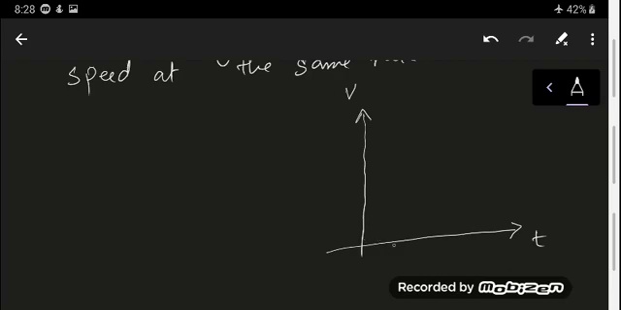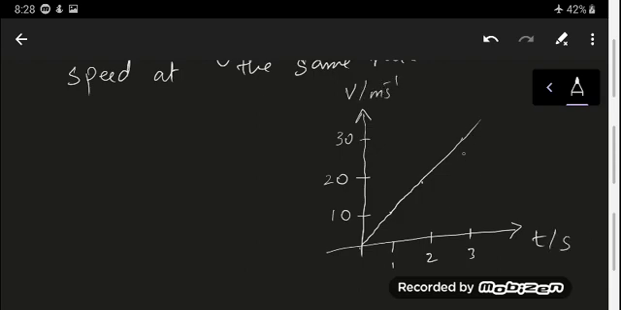Because you see, at time t is equal to 1 second, the velocity is 10. At time t is equal to 2 seconds, the velocity is 20. At time t is equal to 3 seconds, the velocity is 30. So if I plot these points on a graph, they're going to give me a straight line passing through the origin. And you see that the gradient of the speed time graph